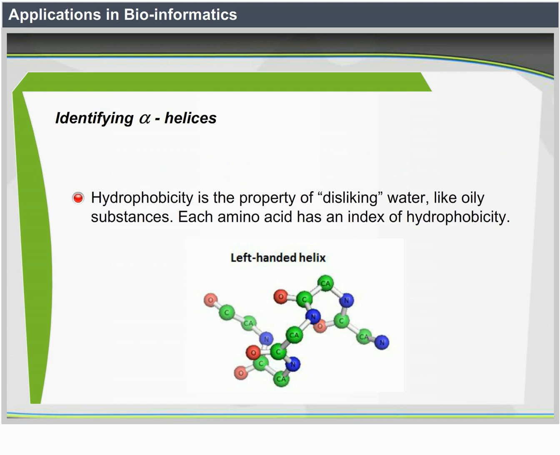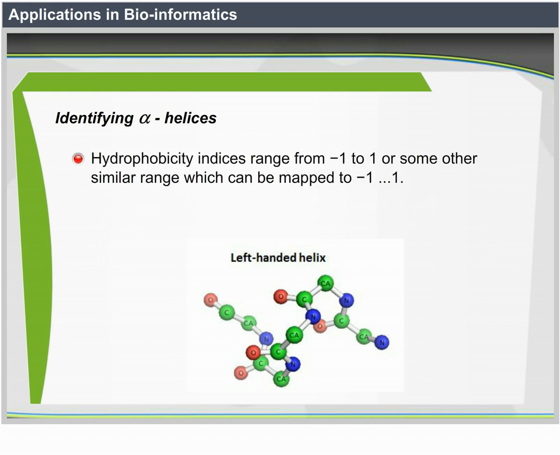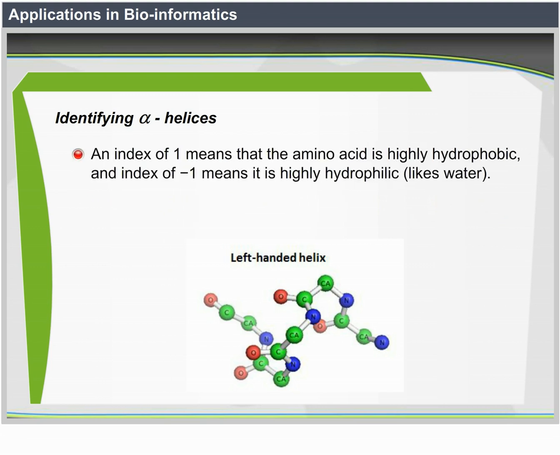Hydrophobicity is the property of disliking water, like oily substances. Each amino acid has an index of hydrophobicity. Hydrophobicity indices range from -1 to 1 or some other similar range which can be mapped to -1 up to +1. An index of 1 means that the amino acid is highly hydrophobic,